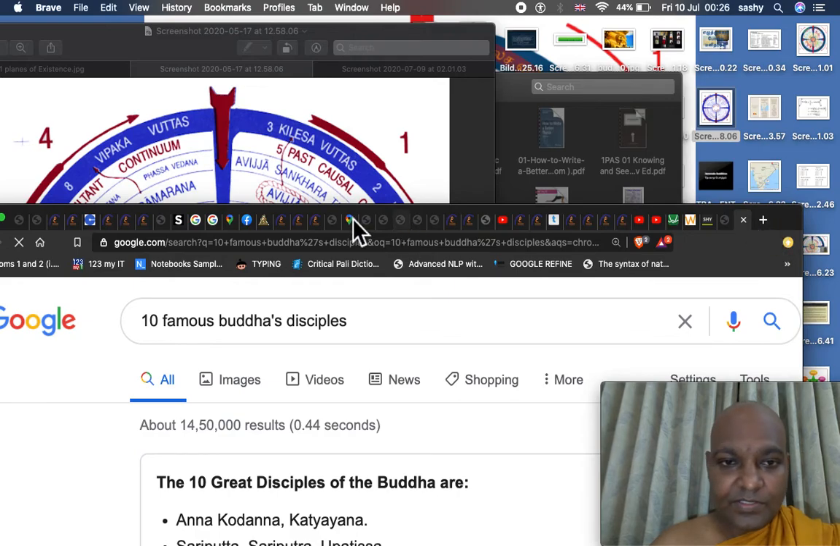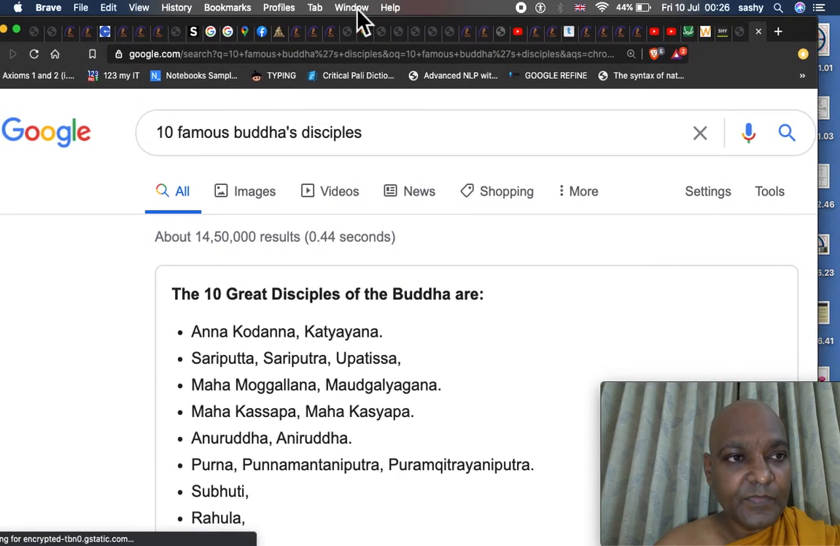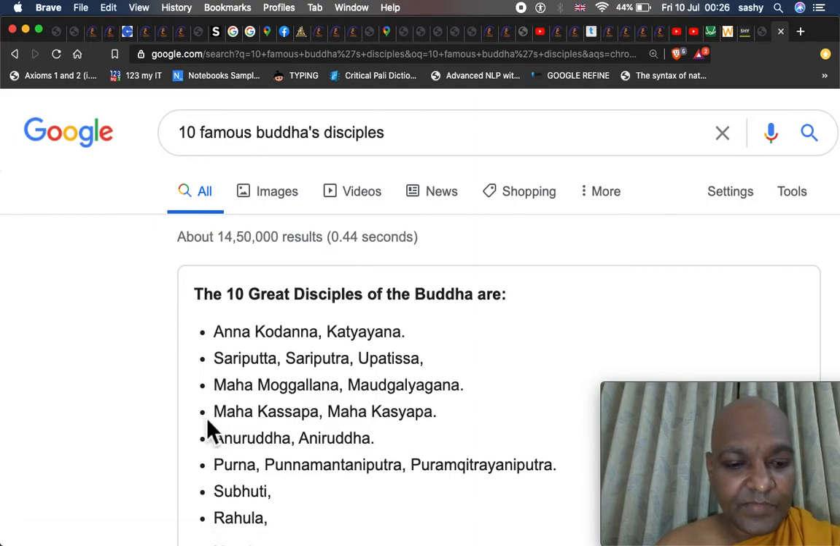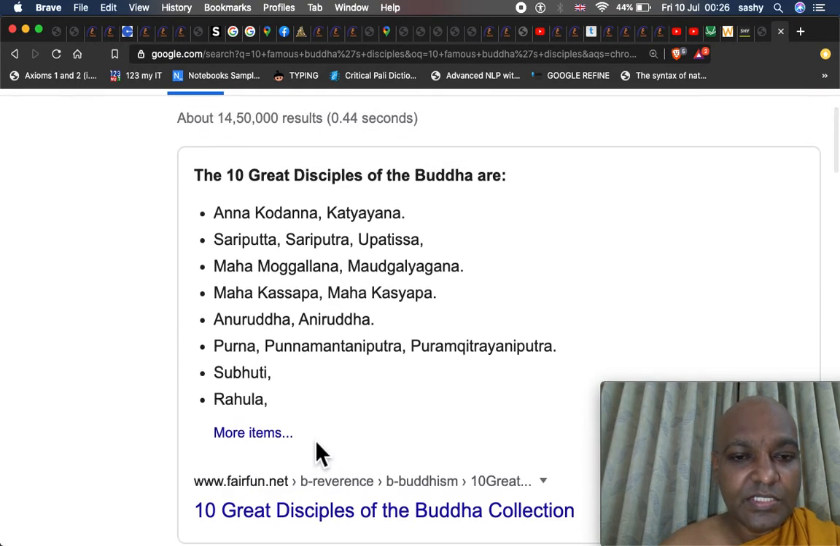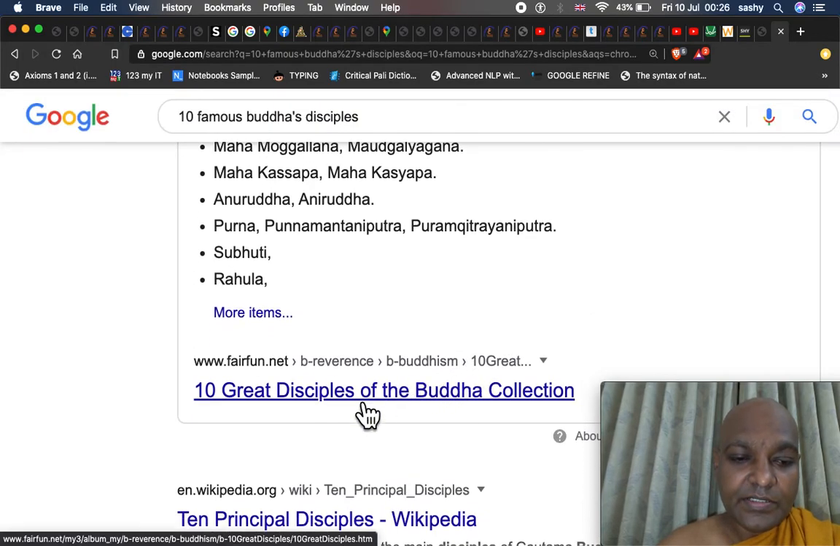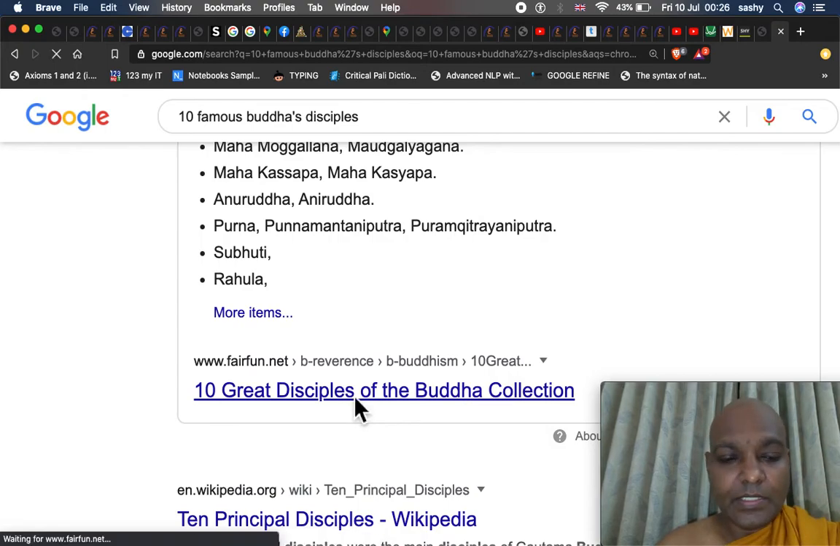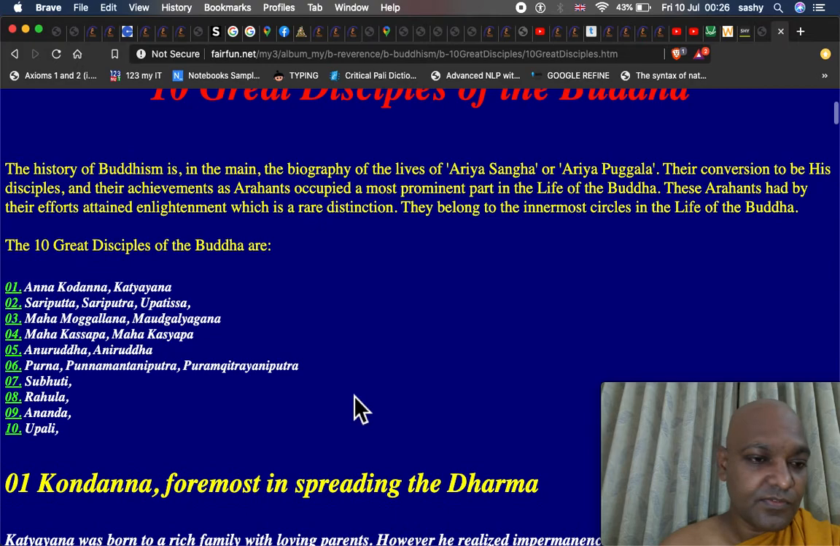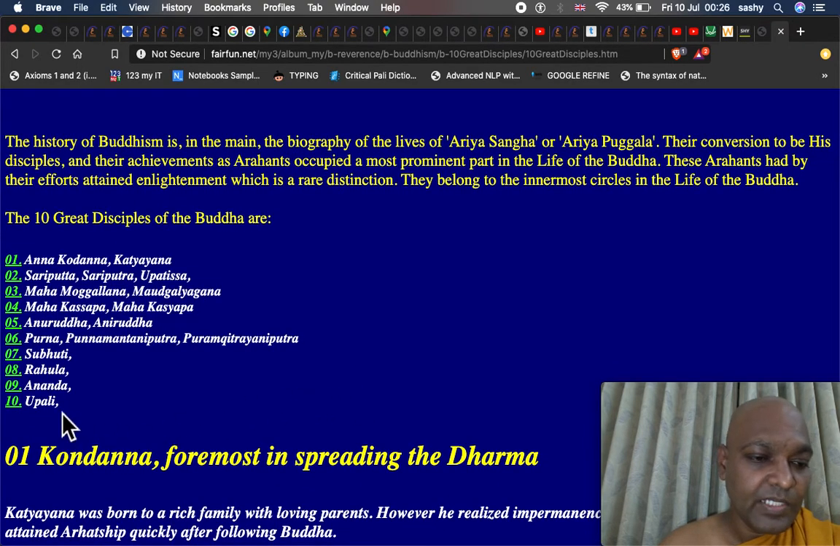What they have done is they have taken the first 10 disciples of the Buddha, and they have used them. They have changed it actually. So you can see Upali, for example, Anyahondanya, and then Sariputta, Mahamoggallana, Mahakassapa, Anuruddha, Purna,